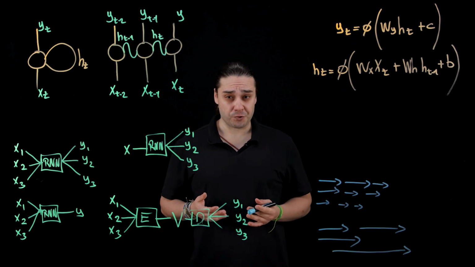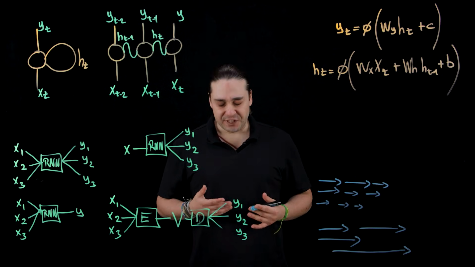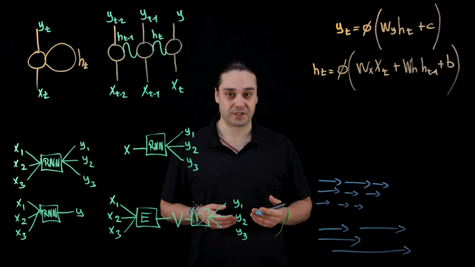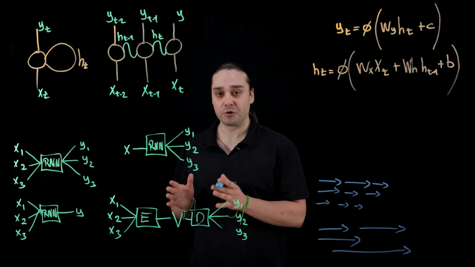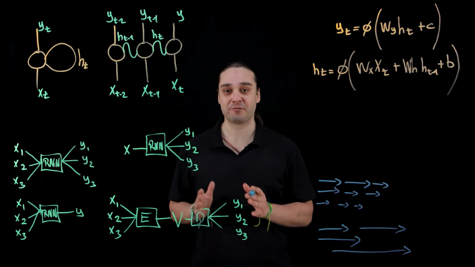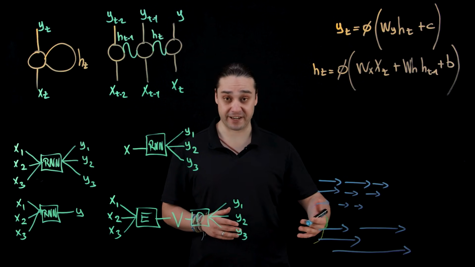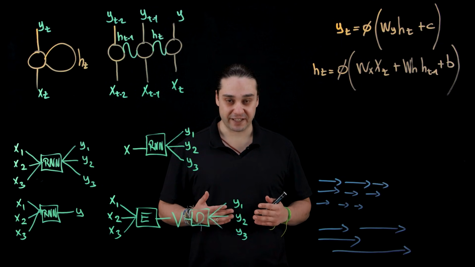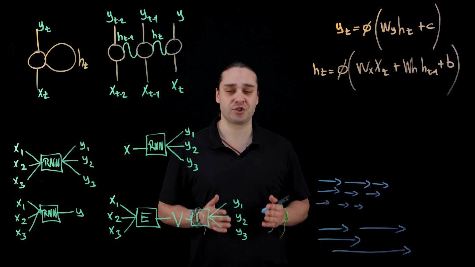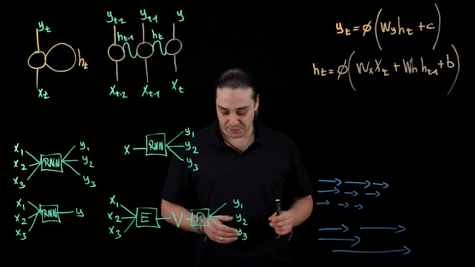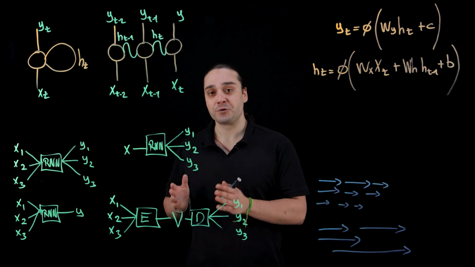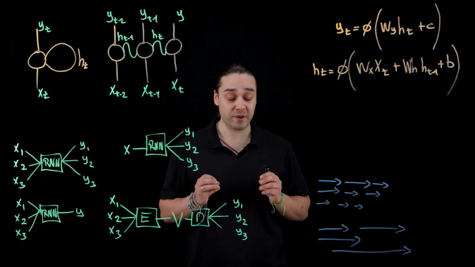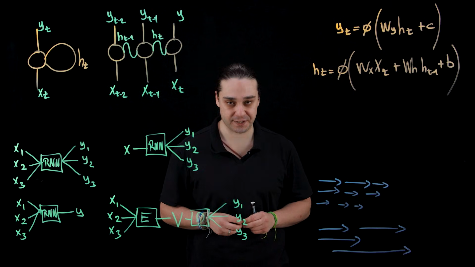To address these issues, researchers developed specialized RNN architectures like long short-term memory and gated recurrent units. These architectures use gates to control the flow of information and keep the gradient stable during training. Another challenge in RNNs is complexity in training. RNNs require a lot of computational power and time to train. This is because RNNs need to process each sequence step by step. This can be very time consuming, especially for long sequences.